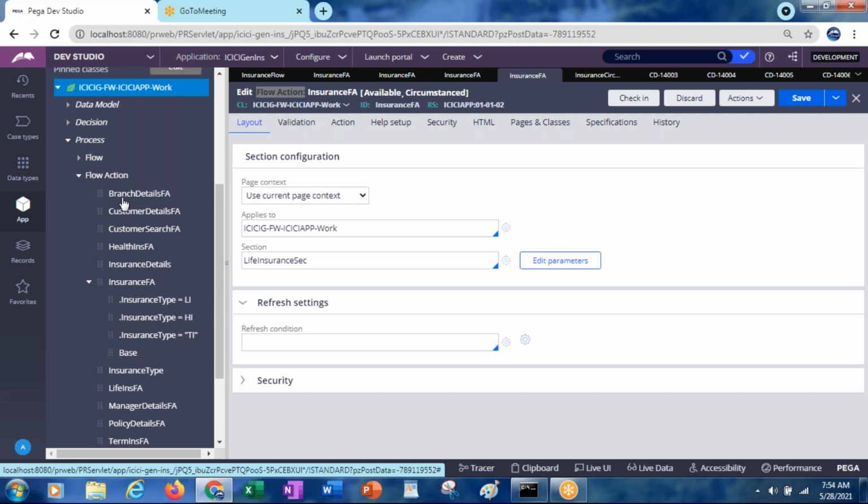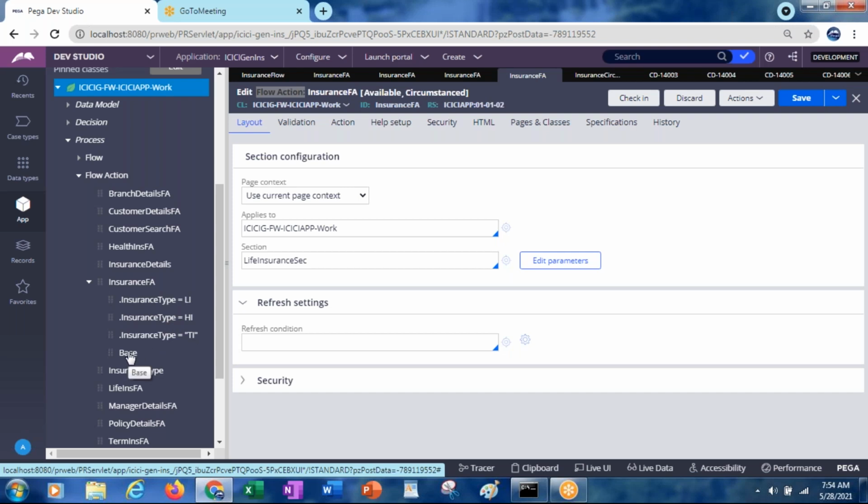In general, for all the flow actions, it is not like that, only one flow action. But for this insurance flow action, once you expand, you can see the circumstancing conditions which you have given. Like insurance type equal to life insurance, health insurance, and term insurance. Otherwise base.